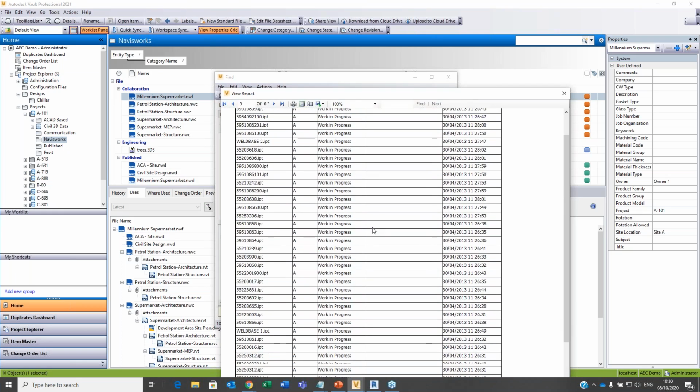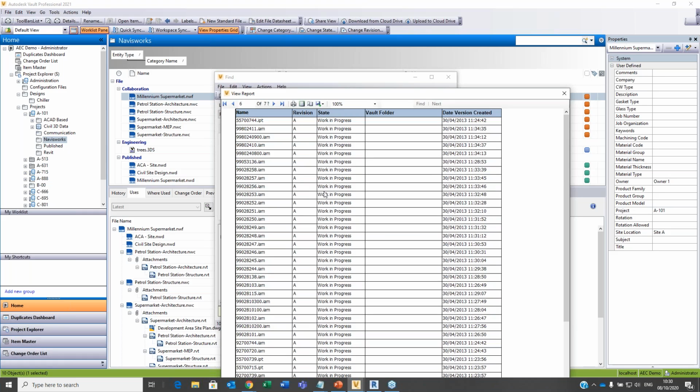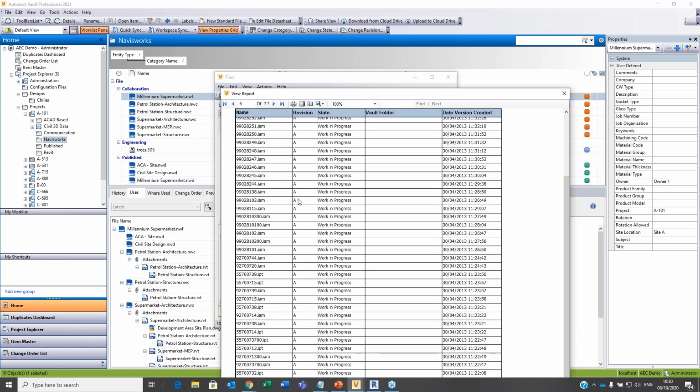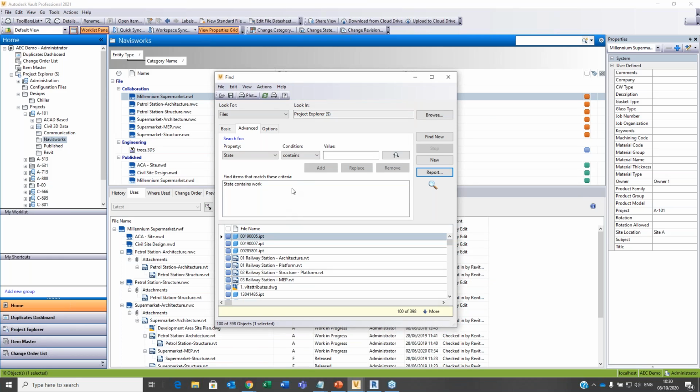There's 4 sheets here with the different files listed. This is a basic report, right? We can take this to the next level. And actually, what I'm going to do is I'm not going to show that on this set of elements that